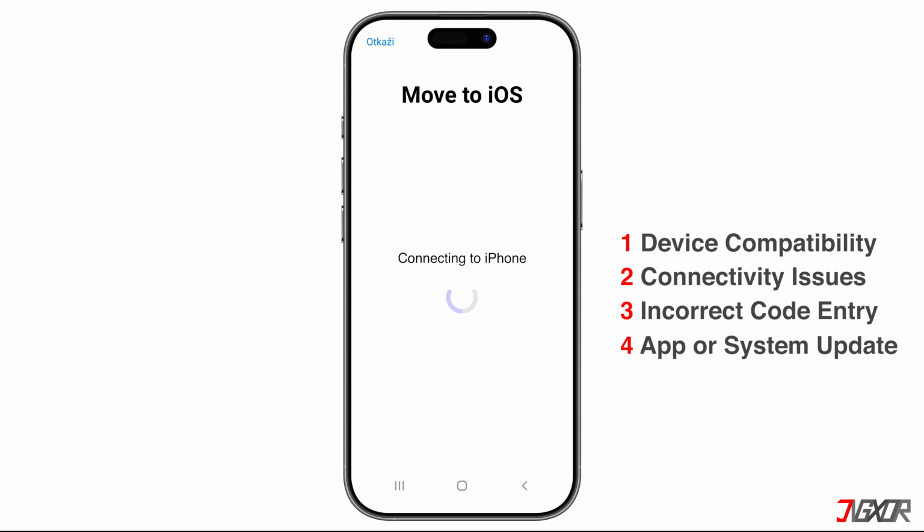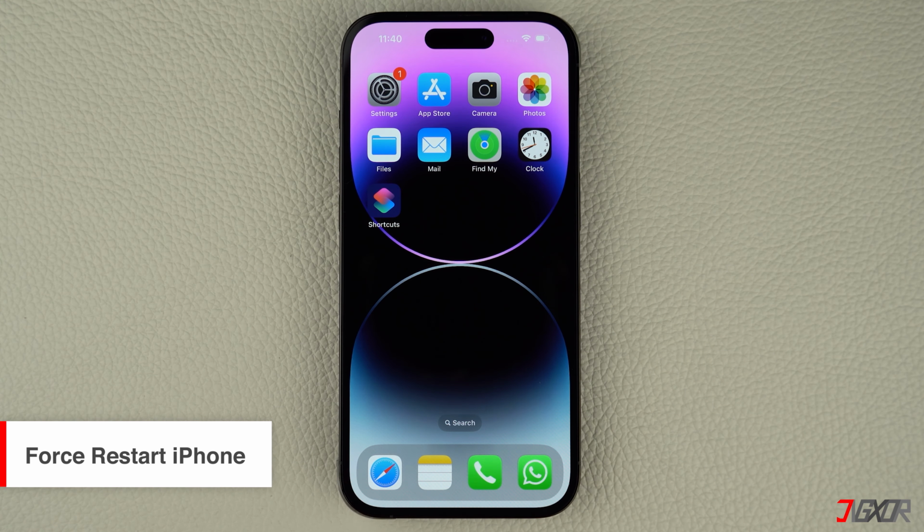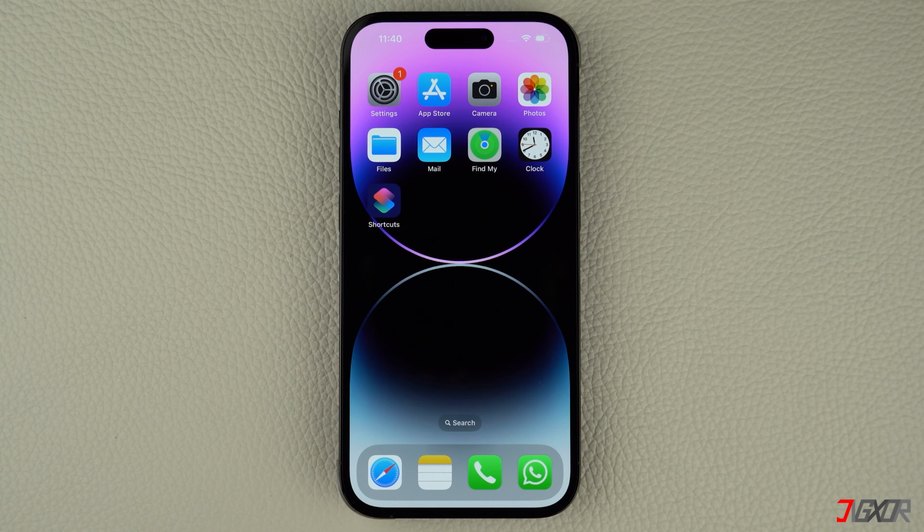Lastly, outdated software on either your Android or Apple device can interfere with the transfer process, so make sure both are up to date. To fix the problem, follow these simple tips. Usually, if you are experiencing glitches or errors with your iPhone, the common solution is to perform a force restart. Keep in mind, though, that the specific combination of keys required to do this may vary depending on the model